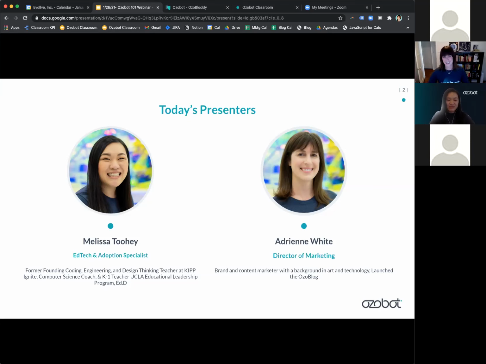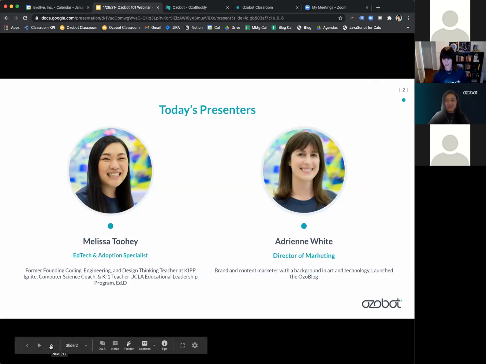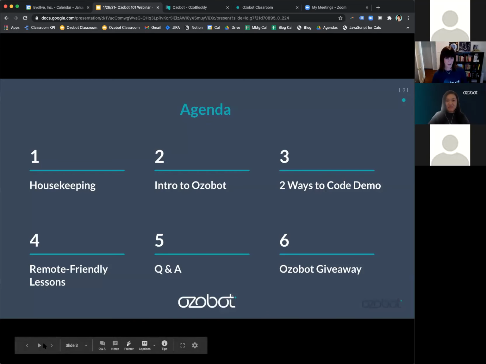So I always like to share that in that transition from art to tech, I really thought that I would miss working with artists. And instead, I was so pleasantly surprised to find that engineers are every bit as creative as the artists I used to work with. So I appreciate that Ozobot has opened my eyes to what engineering is and what it means to really create with technology.